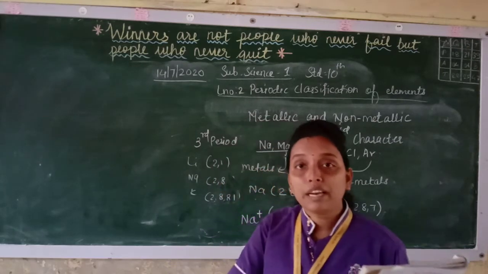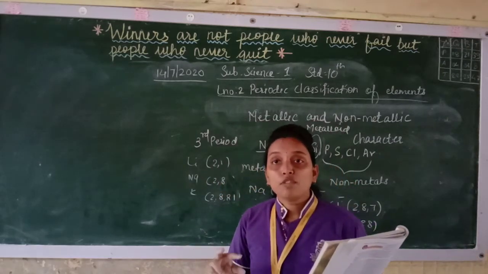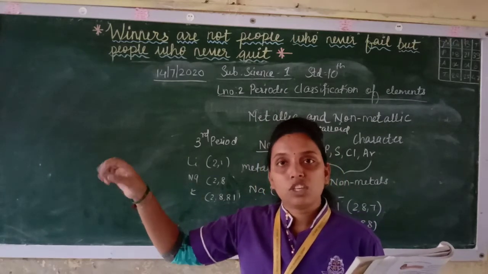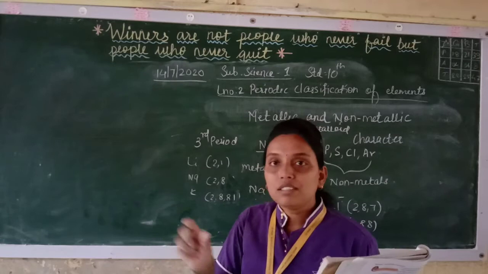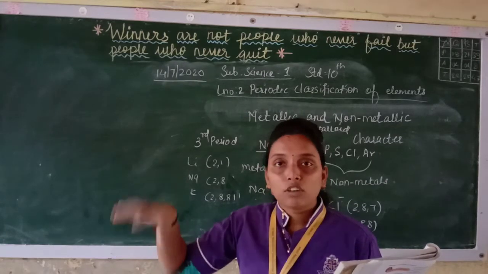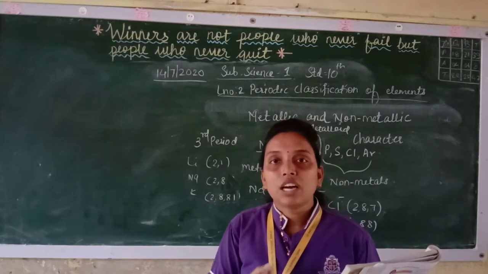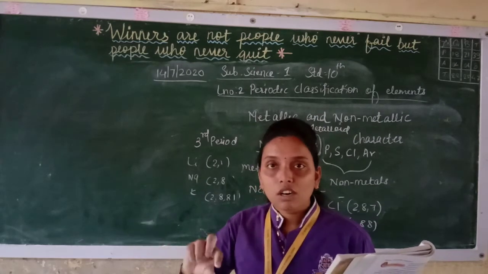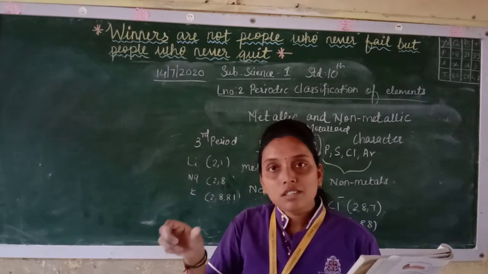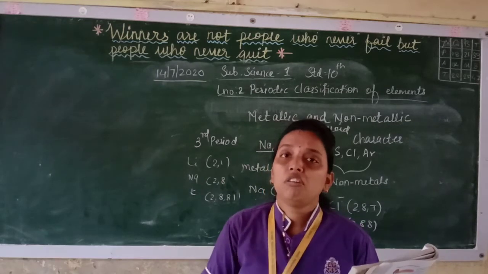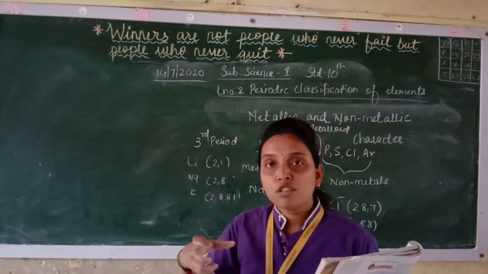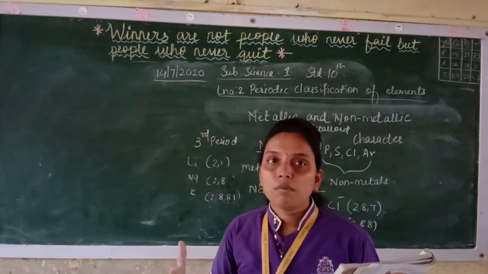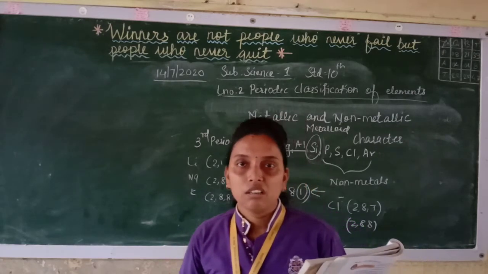When you are going from left to right, the number of shells remains the same. The valence electrons keep on adding in the last shell only. So what will happen? The distance is not increasing, and as the electrons are coming, the nuclear charge is increasing more. So it is pulling the electrons more. The distance remains the same and the positive charge goes on increasing. So more force of attraction will be there, and it will attract the electrons more. So they will not be able to lose the electrons easily.